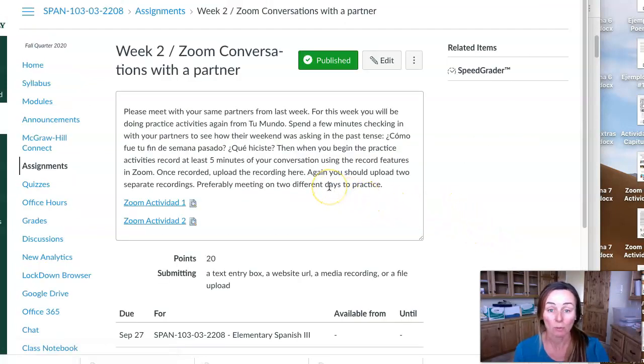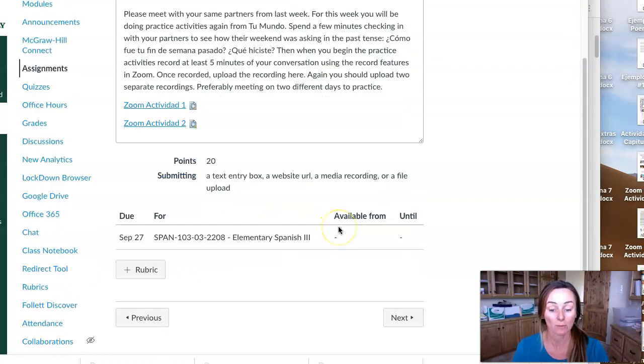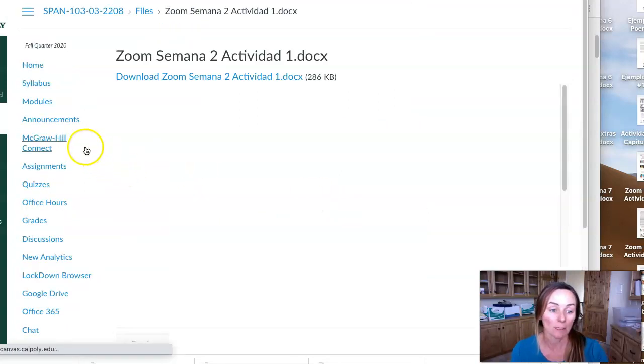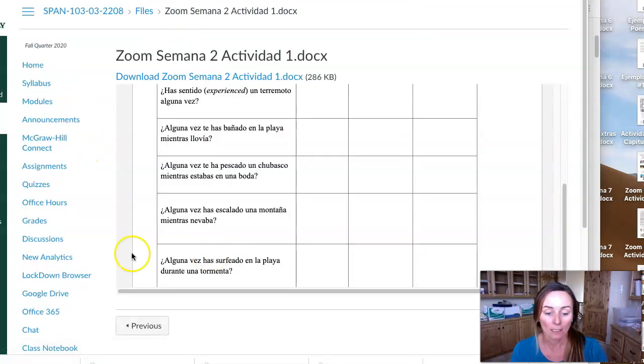This week you also have Zoom conversations with a partner. You should see your group up there. Most of you guys have done those. I haven't graded anything for this class, or I've graded very little. So by Friday, you should see I have an updated grade to see how you're doing in the class. There's 2 activities that you're going to do here, working with the same group that you were in last week, unless you received an email from me. Then you're going to see the 2 activities.